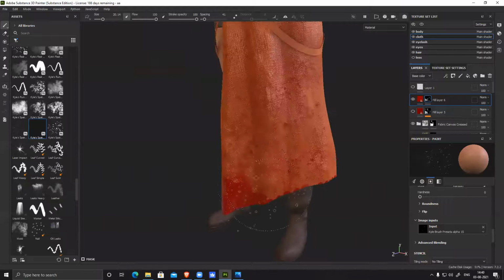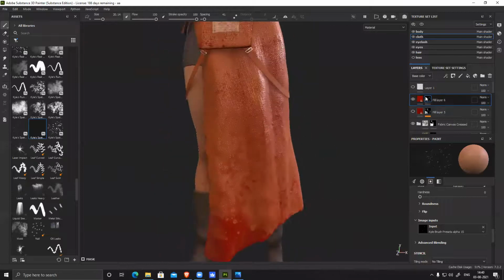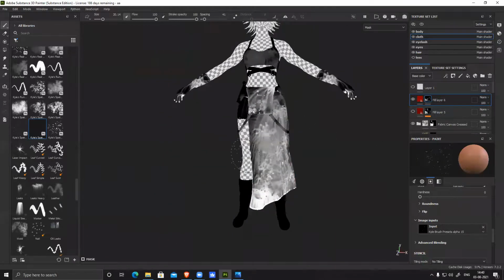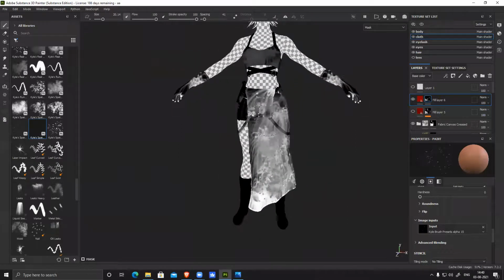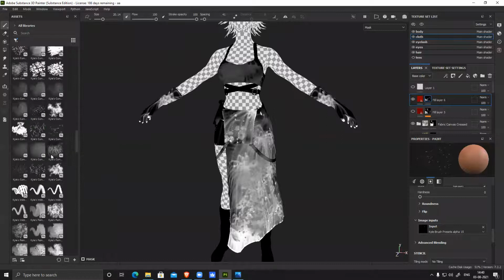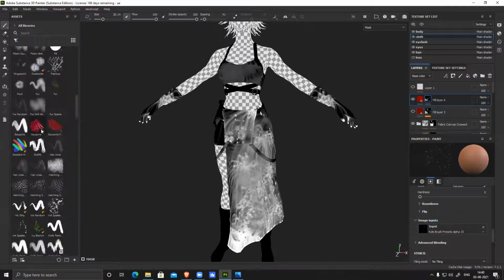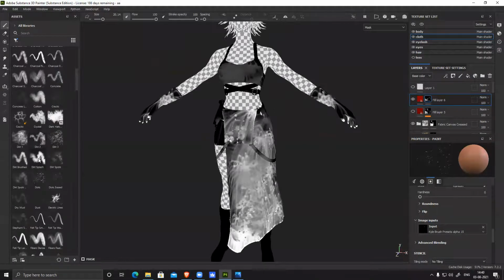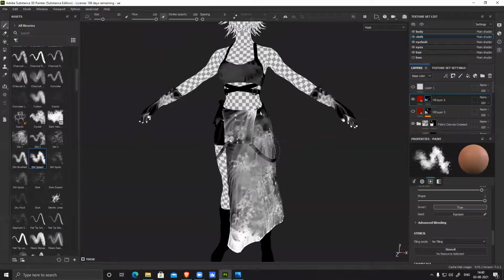So it will create this kind of random shape, and then alt click on this. You can see the mask. And if I want, in this mask mode, I can modify this very easily.